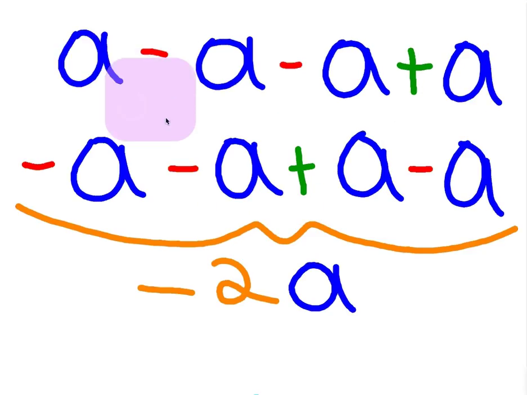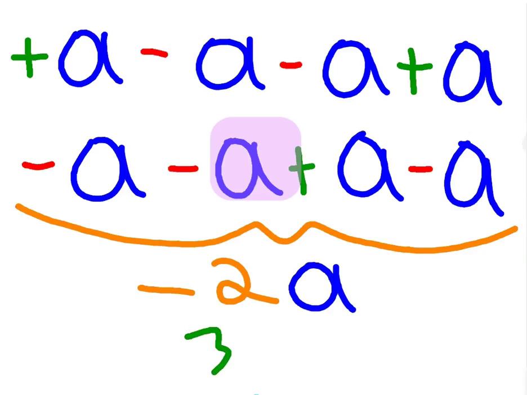Let's try this. Okay. Let's go ahead and fill in that missing plus sign. Now we have 1, 2, 3 plus signs, but this time we have 1, 2, 3, 4, 5 minuses. So we have more minuses than we have plus. If we have 3 pluses and 5 minuses, that is the same as